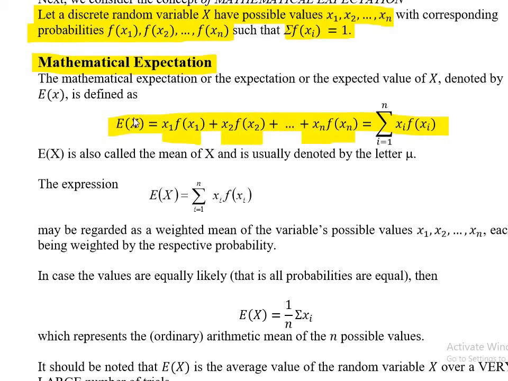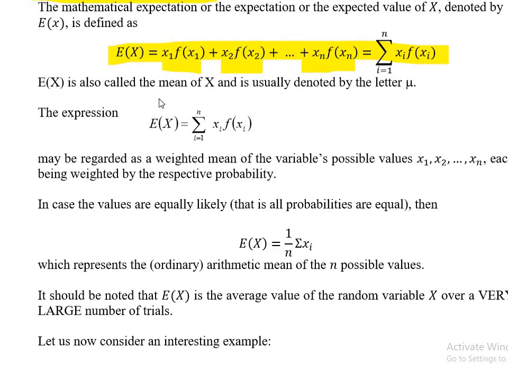This is the expected value of x. All right, so this is mathematical expectation, and it is called the mean. Of course, it is the mean of x, expected value of x, or mathematical expectation of x. All three names can be used for this one. All right,